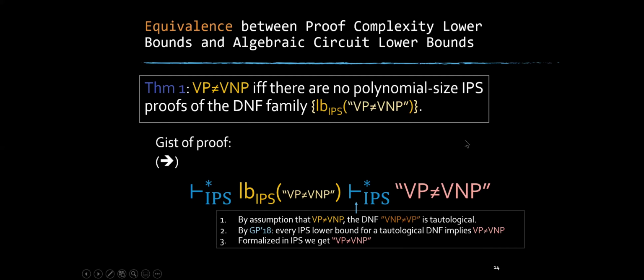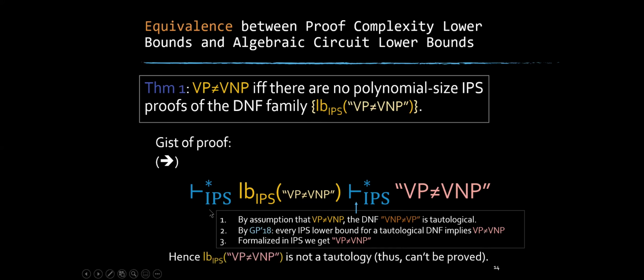What we show is that we need now to apply another iteration of this lower bound operator in order to conclude our theorem of this direction. And this is what we show. So if this pink VP unequal to VNP has short IPS proofs, it means basically that when I apply the operator on this statement,